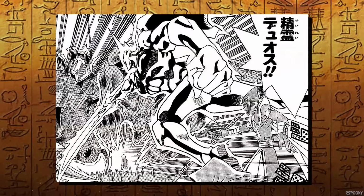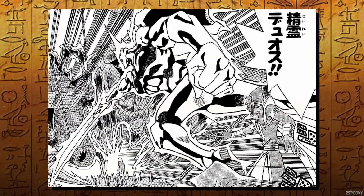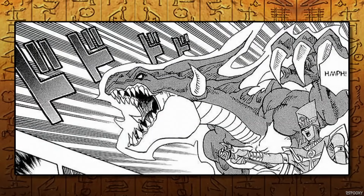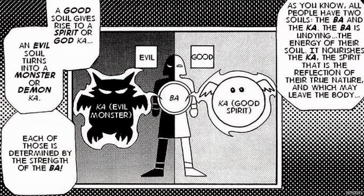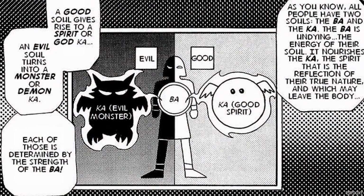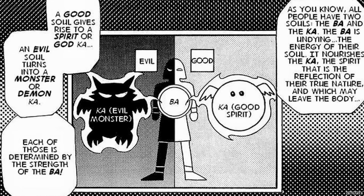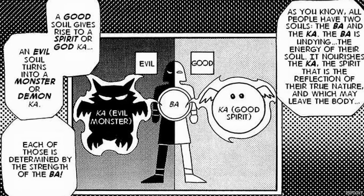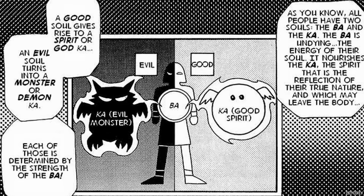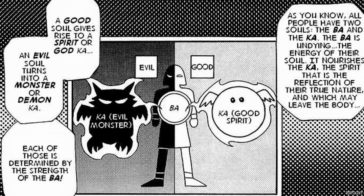This monster summoning ability is something that all 7 Millennium items are capable of doing, and the explanation for the monsters themselves goes a little something like this. Apparently, each person has a Ba and a Ka within their soul. The Ba is basically like a person's true soul or their actual life force, while the Ka is a representation of their true nature and intentions, which can turn into a good spirit or even a monster and leave